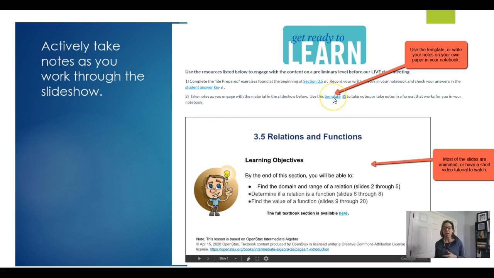There is a link in Canvas for 3 templates of notes that you can use. And we'll see some samples here, and we'll see more samples during class. And then most of the slides in the slideshow are going to be animated. They're going to have the step-by-step examples for you or a short video tutorial for you to watch as you